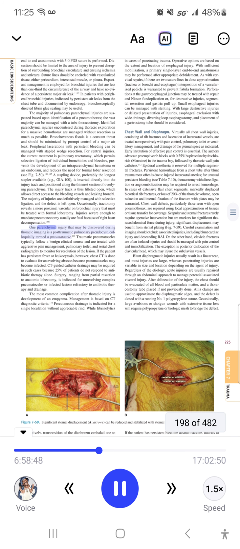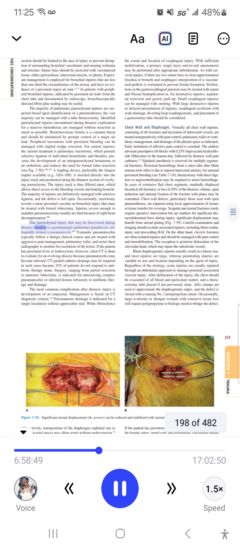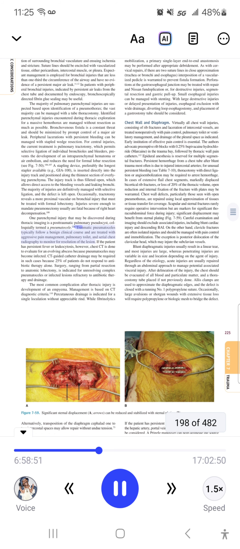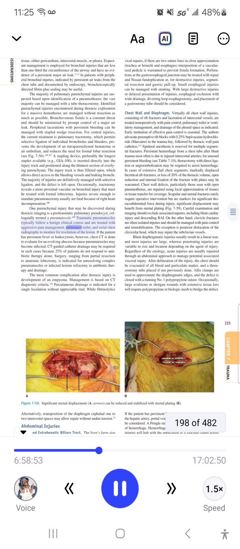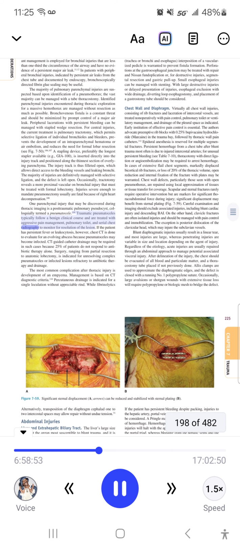One parenchymal injury that may be discovered during thoracic imaging is a post-traumatic pulmonary pseudocyst, colloquially termed a pneumatocele. Traumatic pneumatoceles typically follow a benign clinical course and are treated with aggressive pain management, pulmonary toilet, and serial chest radiography to monitor for resolution of the lesion. If the patient has persistent fever,